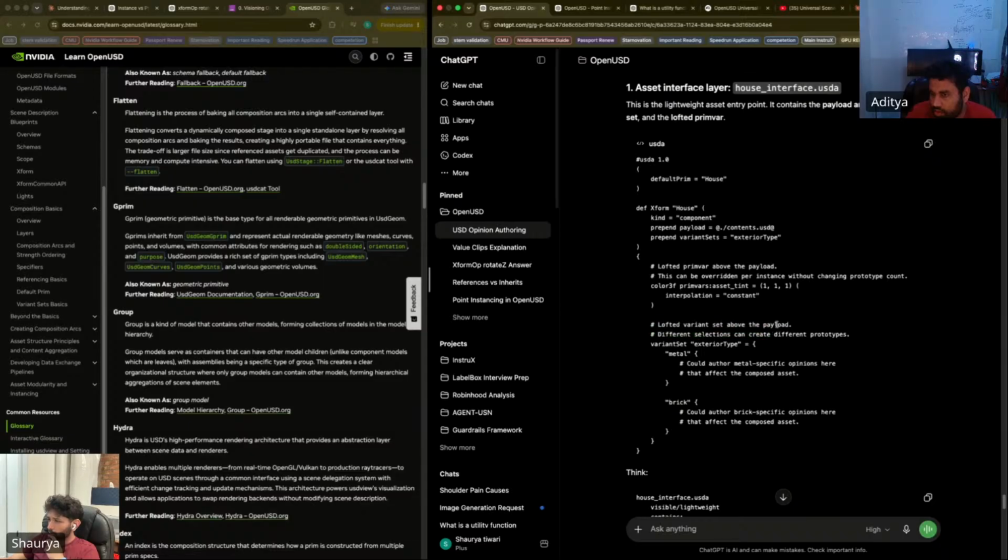Lofted variant set above the payload. A different selection can create a different prototype. Variant set exterior type, metal. Code authors metal-specific opinions here that affect the composed asset. Brick. Okay.